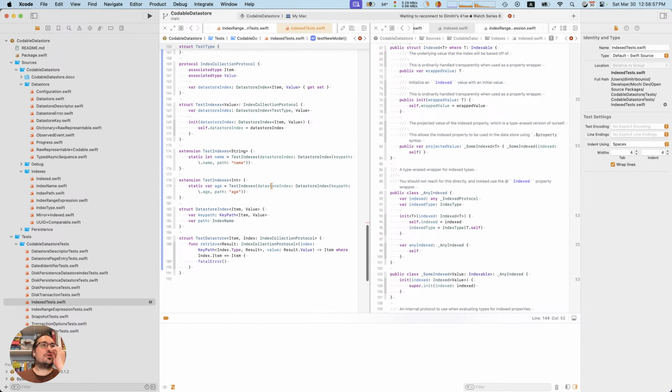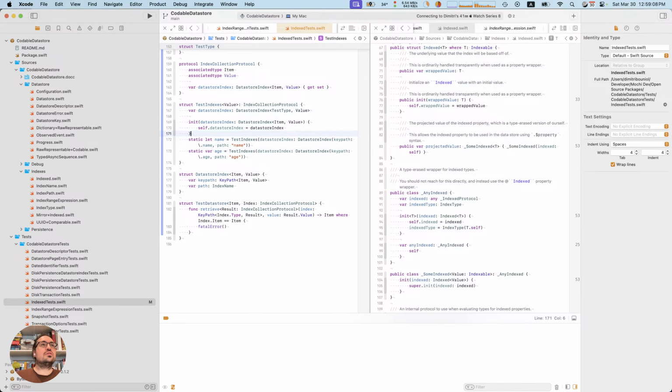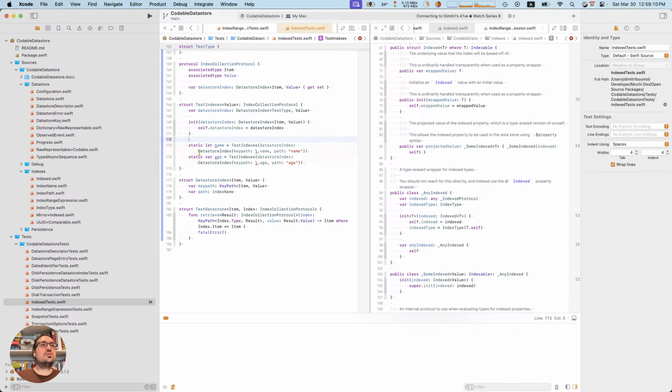So if that doesn't work, let's simplify. These don't need to be static anymore, and they can directly be these things.